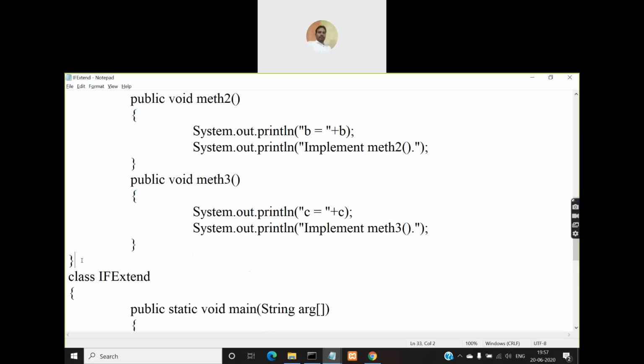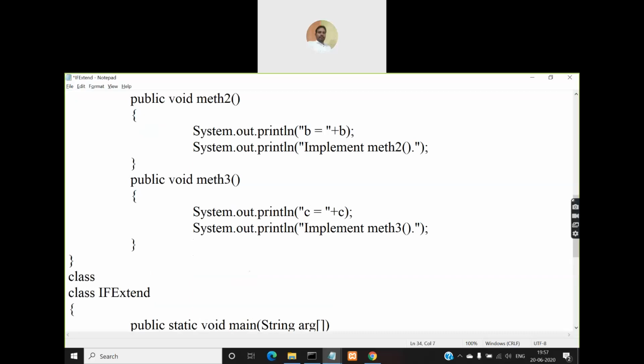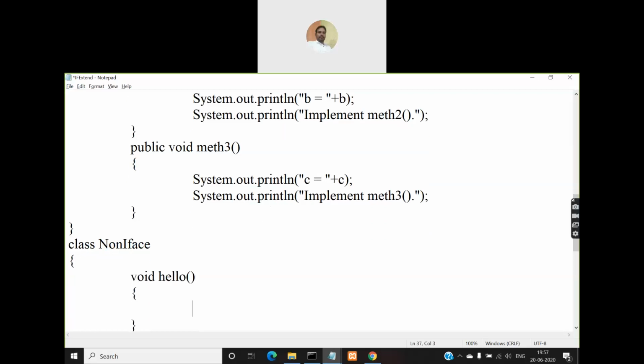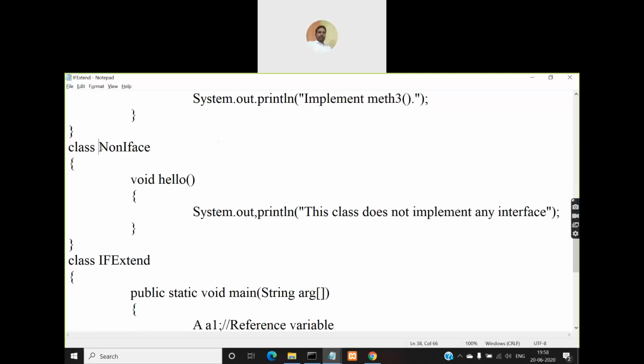If the class does not implement that interface, then you cannot assign its reference. Say for example, I'll create another class here. So now I'm creating a class called non-iface.